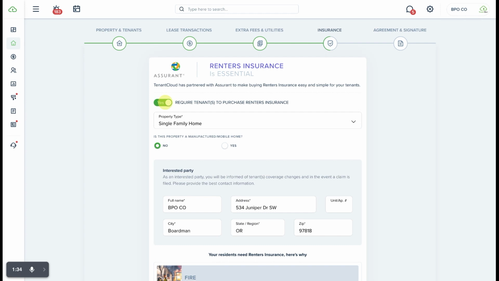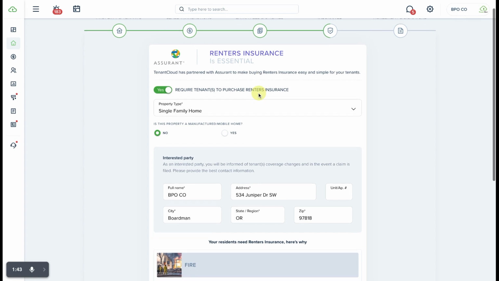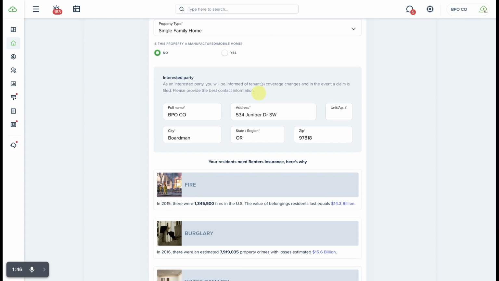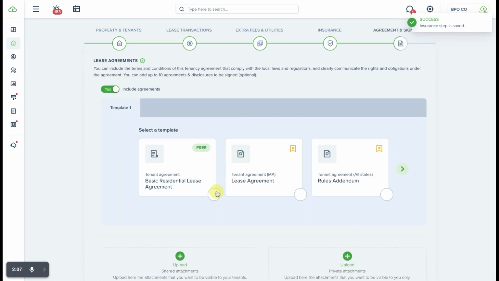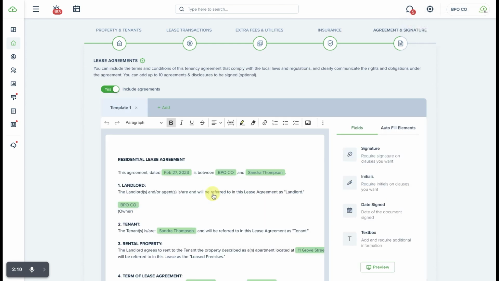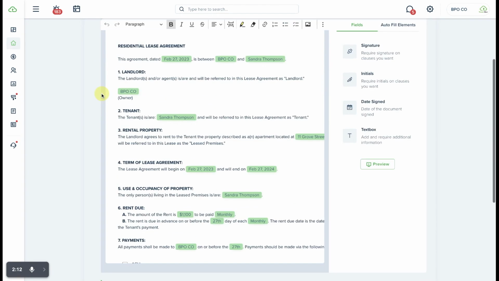In this case, we're going to say yes because we do want our tenant to either provide renter's insurance or to purchase it through our integrated partner and have that information added automatically into their profile on the TenantCloud system, as well as adding me as an interested party so that I am notified in the event that the policy is terminated or is changed in any way and I am no longer covered at my property through this renter's insurance policy. Next, we're going to select a basic residential lease agreement, and we're going to include that agreement,